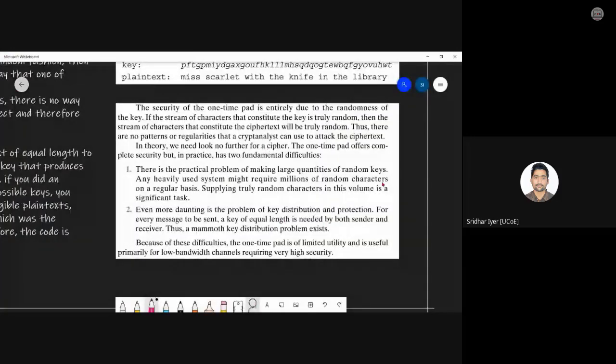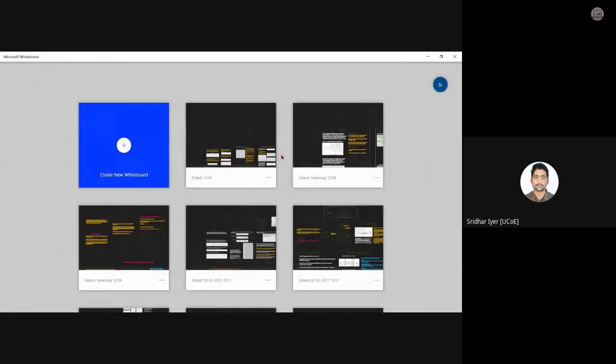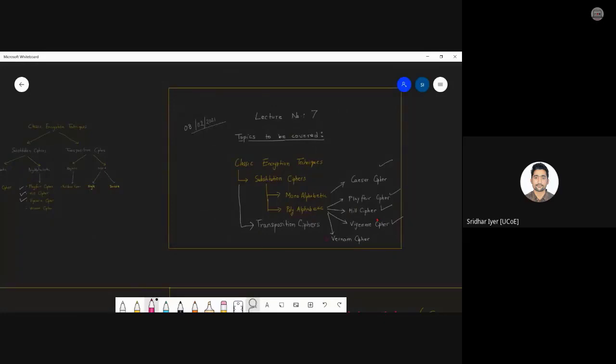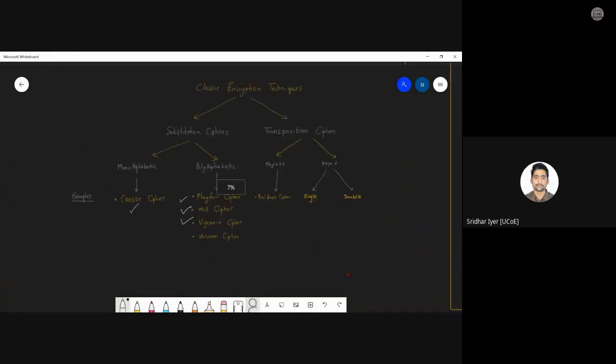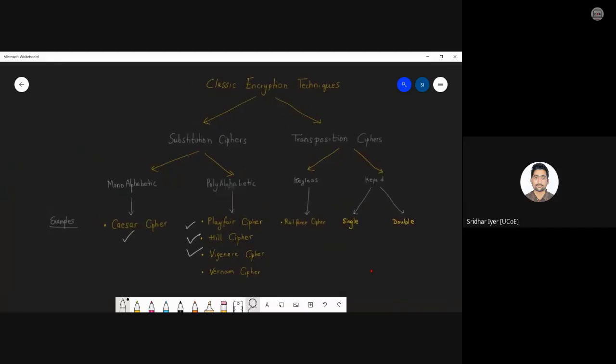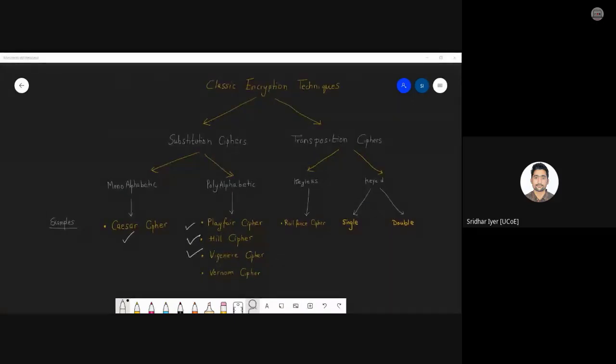Okay. This was a topic which was left from the last lecture, and now let's start with today's topic. We have already seen Vernam cipher, and now we are going to start with the remaining type of ciphers, which are transposition ciphers. Now, the basic difference between a substitution cipher and a transposition cipher, any idea? What could be the basic difference between substitution and transposition? Just try to read the names, you will get an answer.